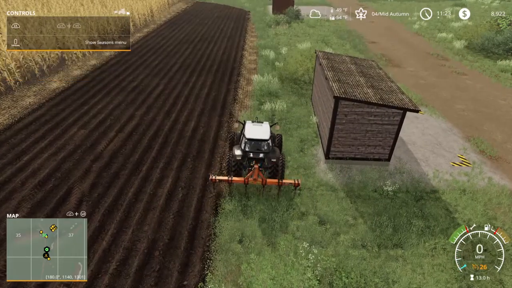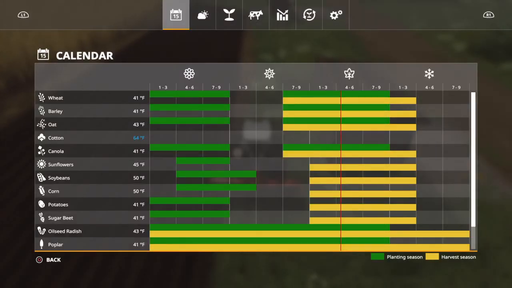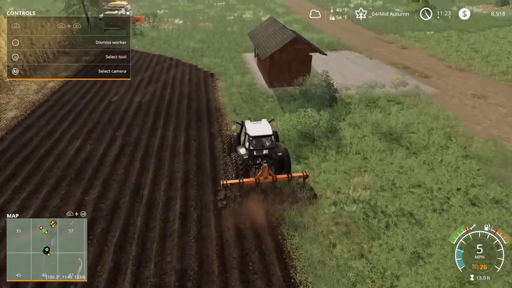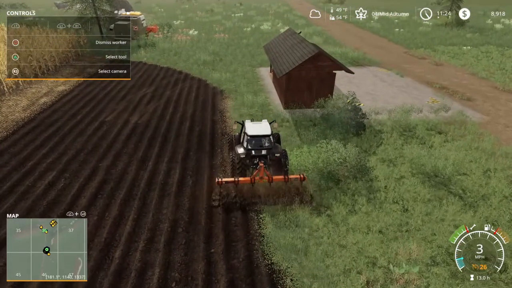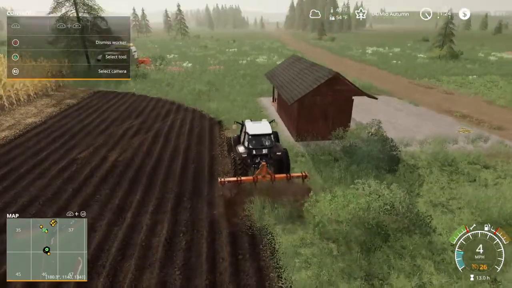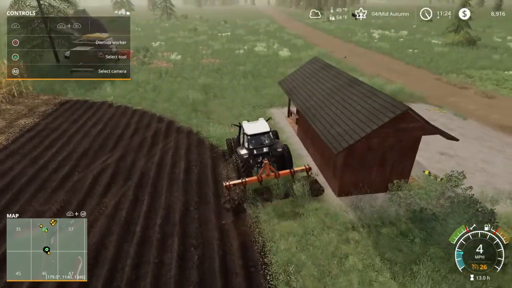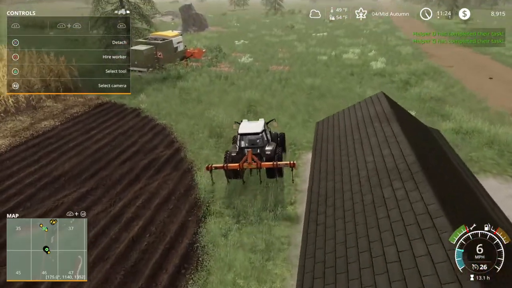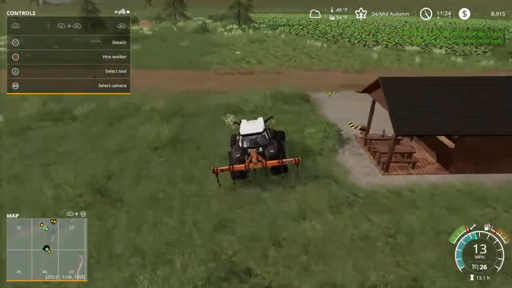Follow me? It all depends on a lot of factors. Seasons. And I wouldn't really lose that much time if I decided to wait and plant the canola, because oilseed radish will survive the winter. Okay, I'm going to head back to the seeder, and this is